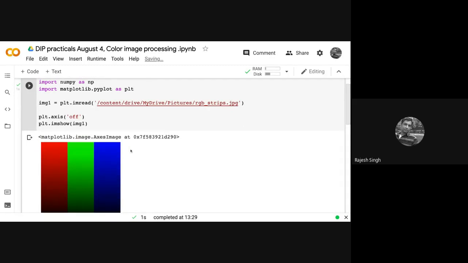striped image. Now remember, we have done in the theory that every color image is composed of three components: the red component, the blue component, and the green component. In fact, we have learned the RGB color model also. So let me deviate from the programming and very briefly show you how it works.